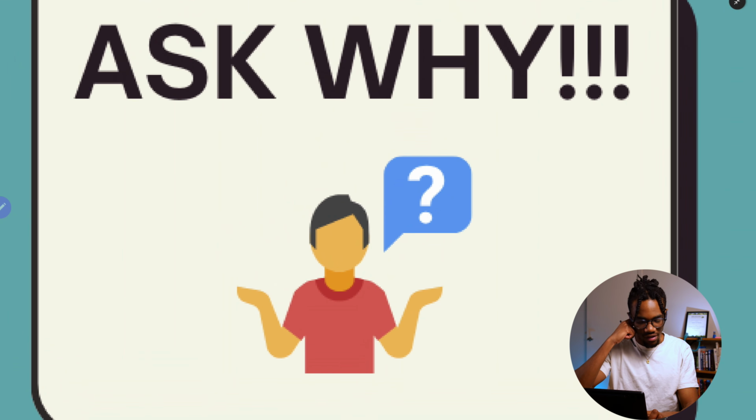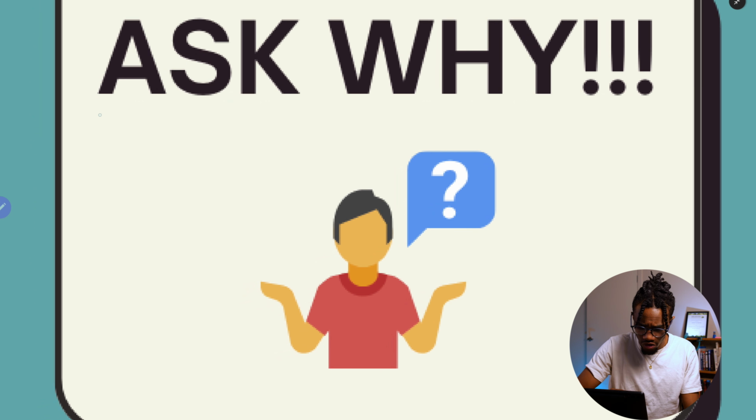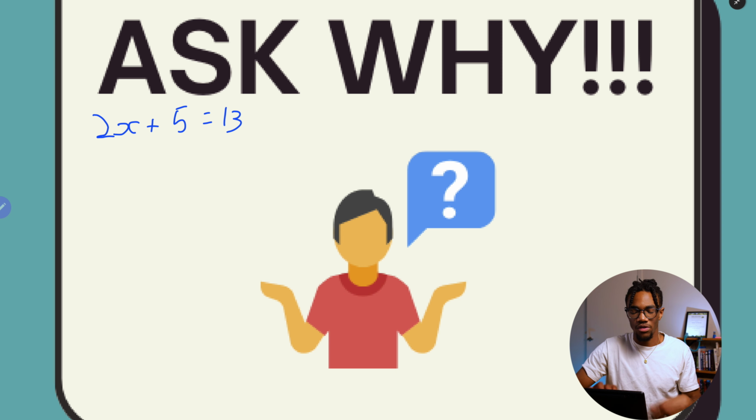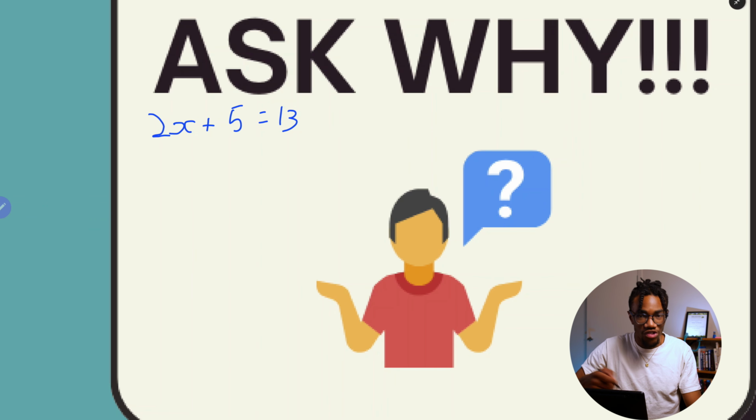So let's take an easy example. Let's say 2x plus 5 equals 13. Let's use this for example. The first step to solving this is to move 5 to the other side. So 2x equals 13 minus 5. And that equals